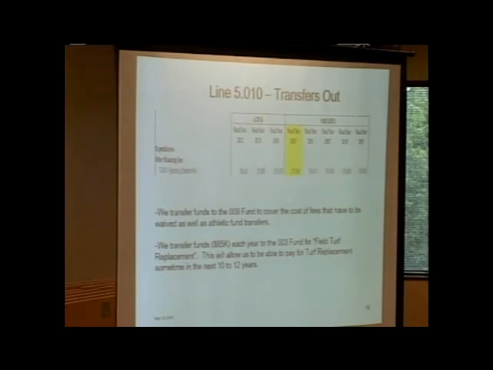Transfers out, we pretty much have a couple. We transfer $65,000 each year into a permanent improvement fund for turf replacement. Going forward, if you remember, we had a meeting a couple months ago where we were going to take $3 million from the permanent improvement, which was curriculum and technology, and move that into this line. This does not reflect that at this time. This is only the update from last October. When we get ready to do the next one, you'll see a $3 million change, and it's not necessarily going to be as a transfer out.